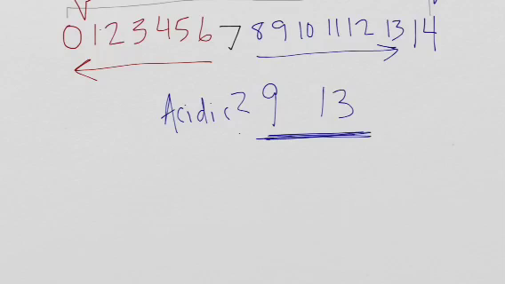Every hop is 10 times more acidic or 10 times more basic. So from 7 to 8, it's not 1 time more basic, it's 10 times more basic. From 7 to 9, it's not 2 times more basic, it's 100 times more basic. So every one of these numbers is a power of 10. So we count the hops,